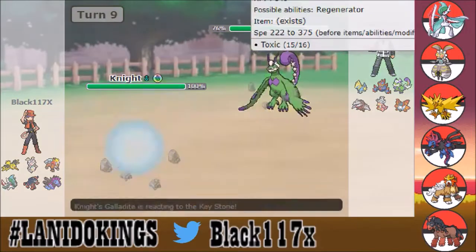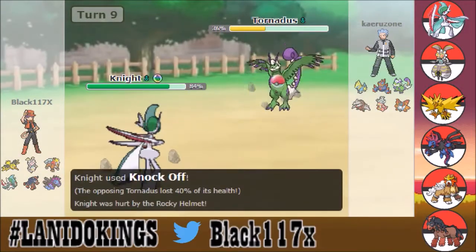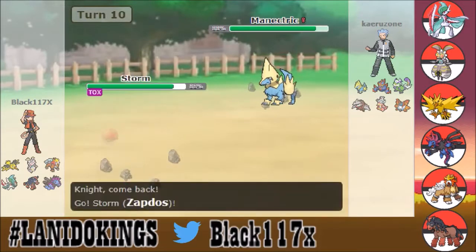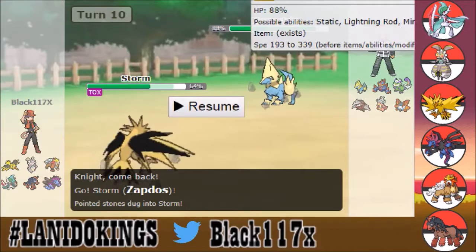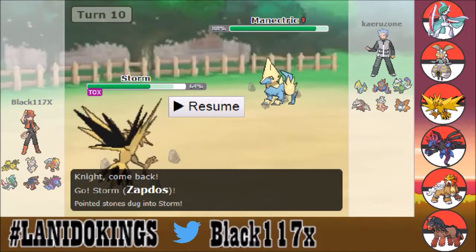Unfortunately, I have to switch out here, and he does get rocks up on the field. To be honest, he switches out and makes a great play, going to Manetric as I have to go to Zapdos, so that's kind of bad on my end. So now this Manetric is in versus the Zapdos. However, this is very interesting because,